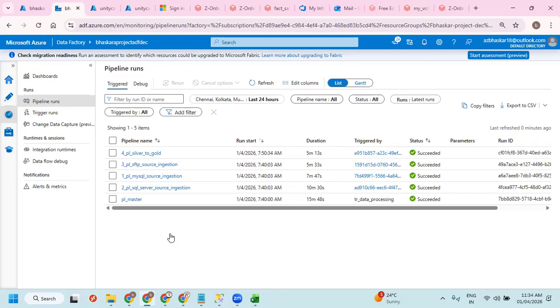That is one way, and the other way is if you have a control table. For every task that is completed, if it updates the control table, then even if you rerun from the beginning, it will take the status from the control table and start from there. This kind of control you can also do if you don't want to run from failure from here. Data Factory itself is giving an option, so you don't need to go for your approach.